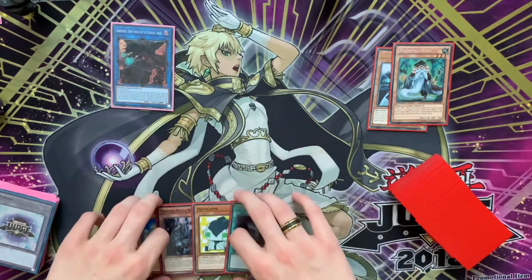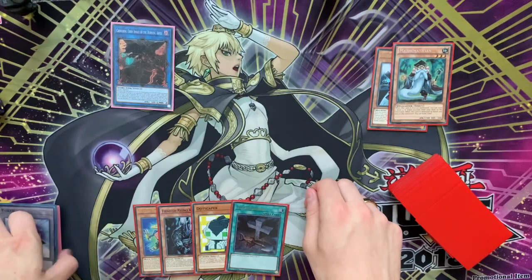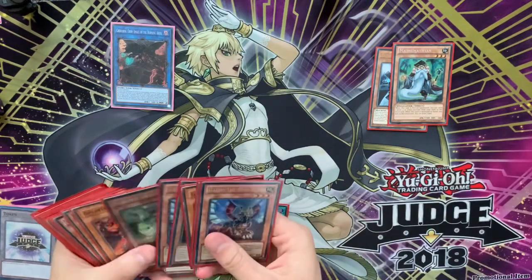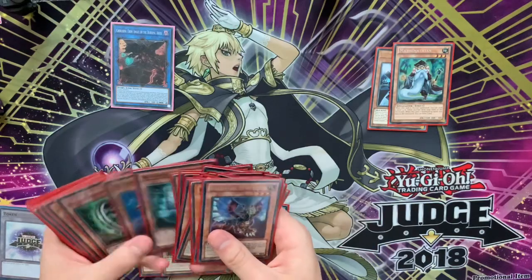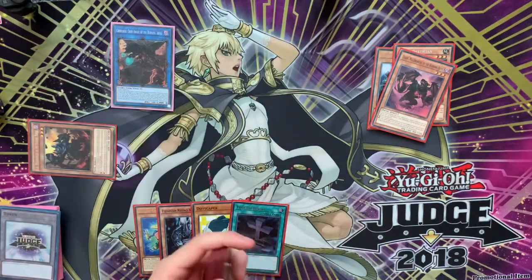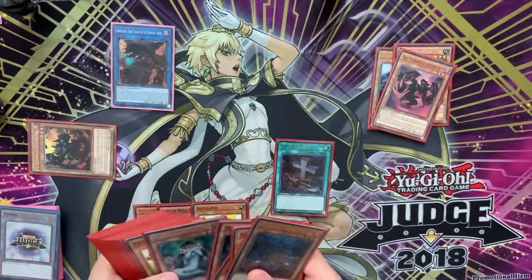From here, we're going to use that Cherubini's effect, I think. Yeah. We're going to send that graph to summon that Seer. And then we're going to go Foolish Burial for